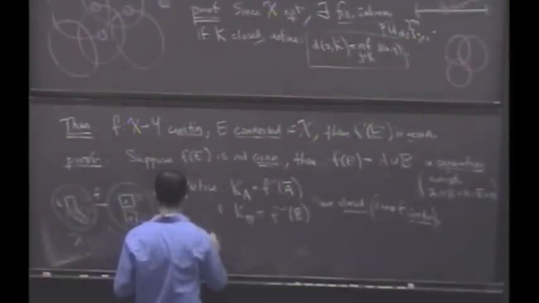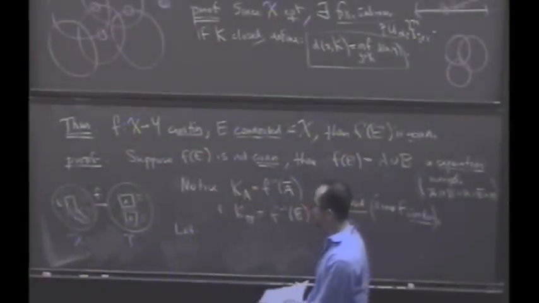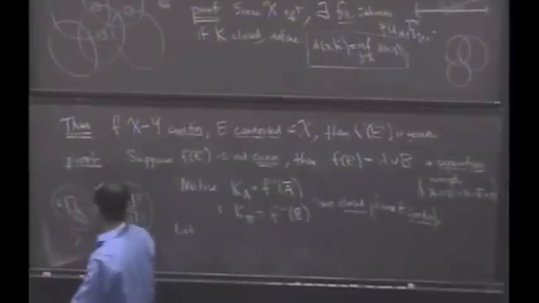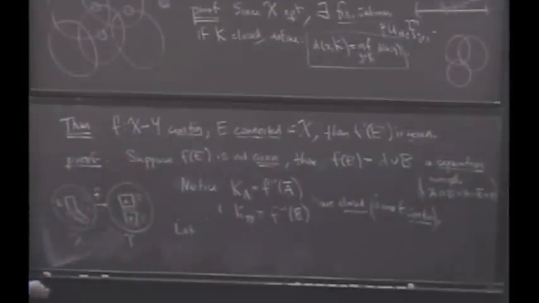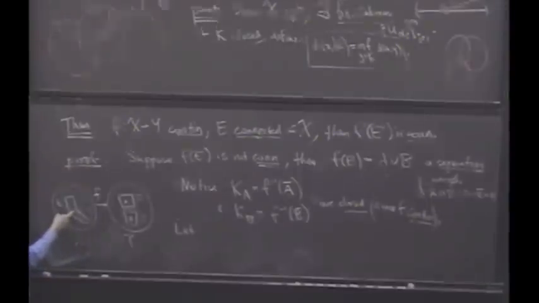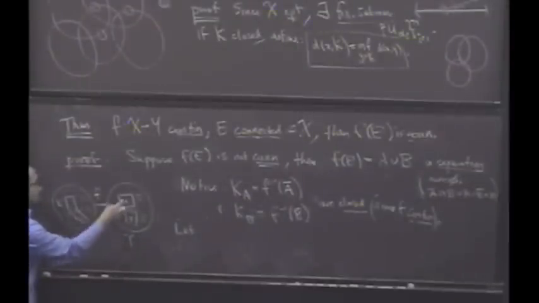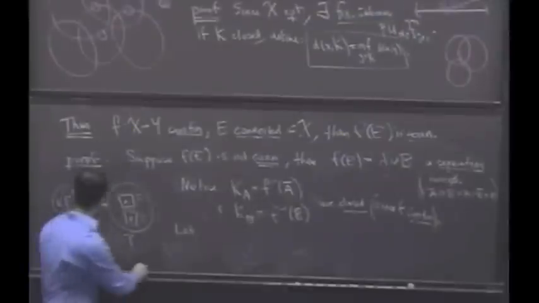Give me a proposed separation of E. Well, KA and KB is not quite going to be a separation because they might intersect. And so their inverse images might intersect. Yes? If I take the interiors, I might be in trouble because I might leave out some points right at the boundary. How about just the inverse images of A and B? So those are smaller sets.